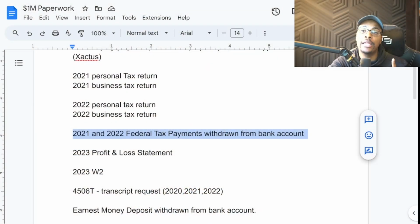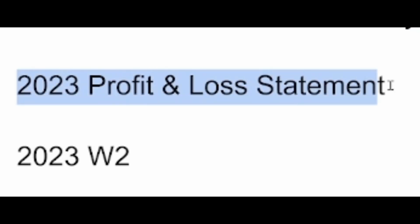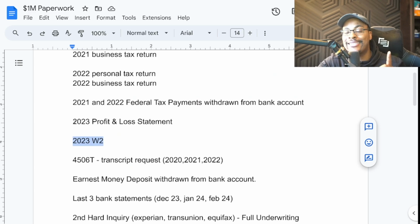And the reason why I believe they asked for this is because what a lot of people will do is file taxes and then go back and amend the taxes and wind up not actually making any payments on their taxes. They also wanted a 2023 profit and loss statement and W-2,